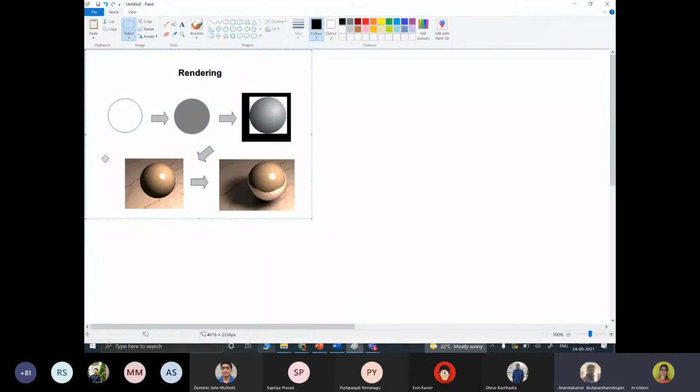So you can see the object you have created, and then you have made something and given some effects, and finally you are able to see the realistic image of the given object. We started with just an object and finally ended up with this object.